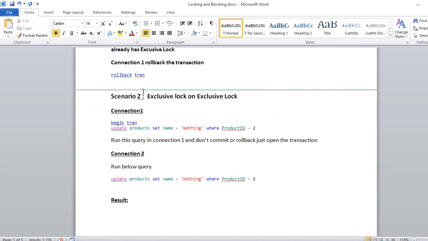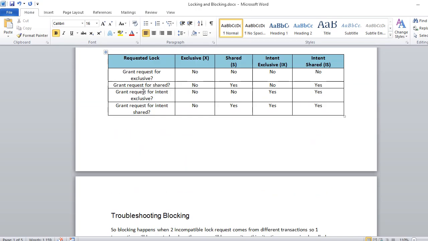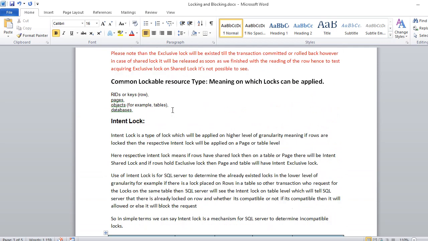So now, before going ahead with troubleshooting locking, let me tell you something about intent locks. An intent lock is a type of lock which is applied on a higher level of granularity, meaning if rows are locked in a table, then the respective intent lock will be applied on a page or table level.